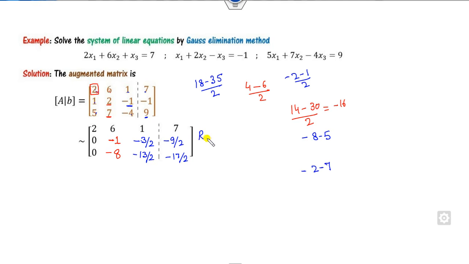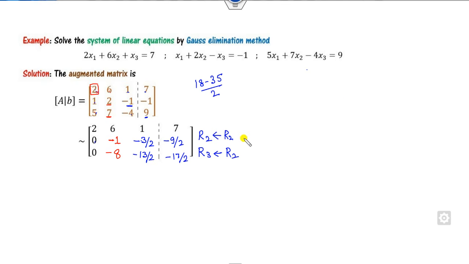How do you write the operation? Because you make the 0 as R2 and R3. That's very simple. You can start with here. Fine. So what is the process? I can clear this screen for you. Now for R2, that is the ratio of this in the opposite sign. That is the opposite ratio 1 by 2. Ratio of the R1 and R3, that is 5 over 2. Because the box element is my R1, you have to write here R1. Dear student, make sure the last value must be the same. If it is R1, then it must be R1.